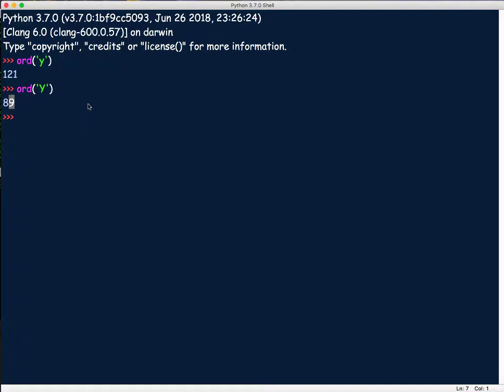The website is ASCIItable.com, www.asciitable.com. You can go to that website, and this will show you a list of all the characters: symbols, uppercase, lowercase, numerical, as well as some like null characters and things that we can't typically see. But this is important to understand when you start doing comparisons for strings.